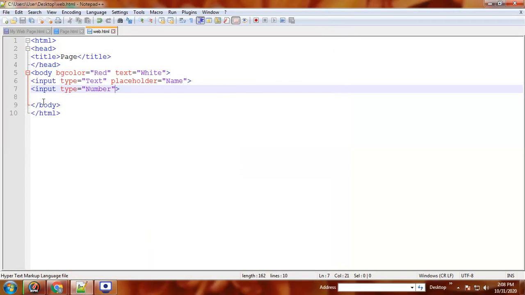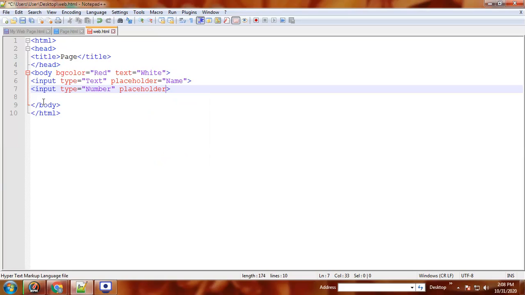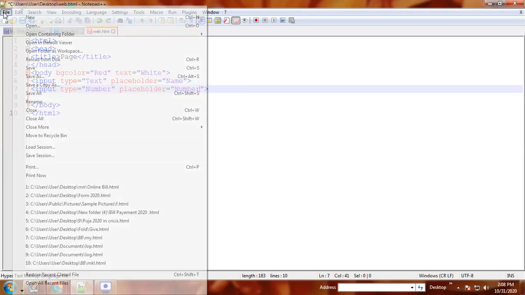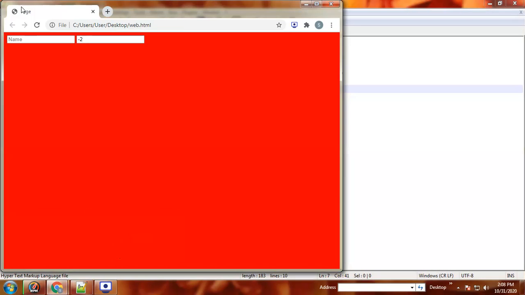And if you want a placeholder, you can give placeholder number. So file, save, refresh, here number, and if you give a number, the word number disappears.